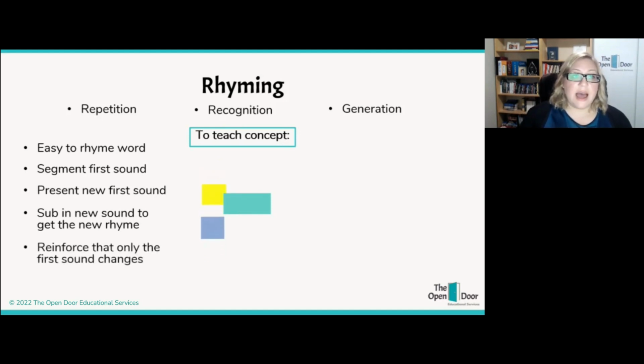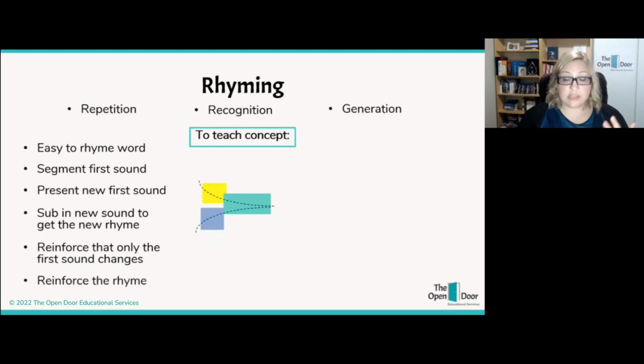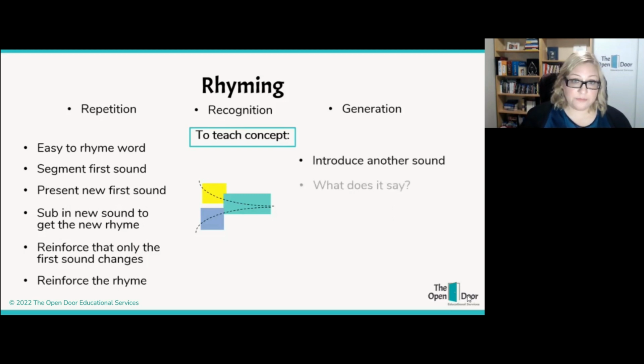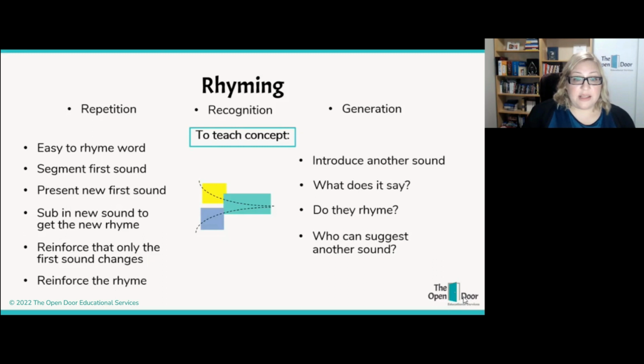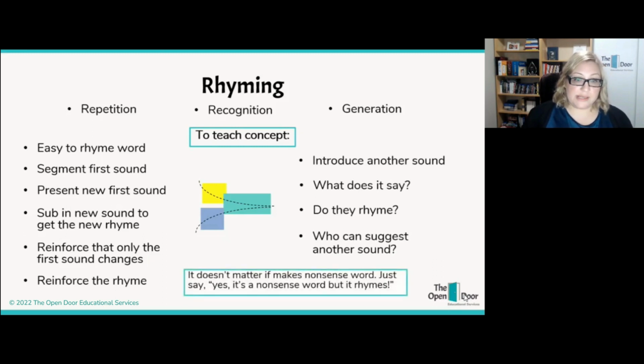same, hat and cat is a rhyme. Now, let's think up another sound that we can swap in for that first sound. B, bat. Does that rhyme? Yes, it does. And you can go from there. Who can suggest a sound? Let the students think up a sound to swap in for that first sound of the word. And if they say something like g, and the word is gat, that's okay. You say, yeah, it's a nonsense word, but it rhymes. You've got it. And then that is the way to teach that skill of rhyming in a very rules-based, systematic